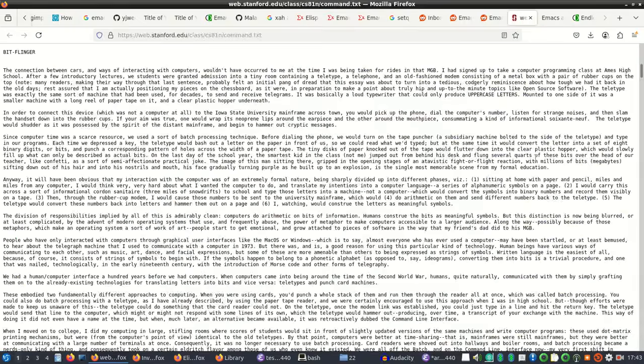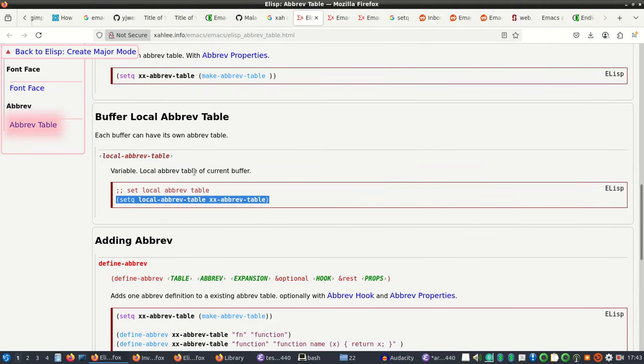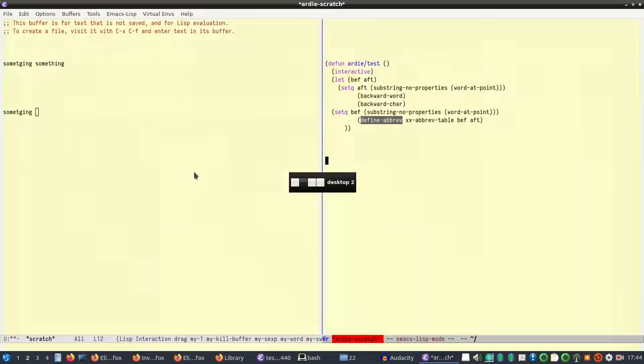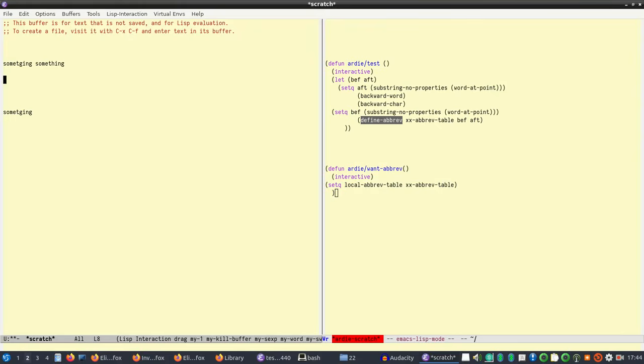So I'm going to go back to Xah Lee's site or blog. So we're going to copy this function and we're going to do this one. So right now it sets to local because this is local to the buffer. So it's a buffer local variable. So what we're going to do instead is we're going to define this inside a function. So right now, if I'm not mistaken, this should work. And if I call that function again,